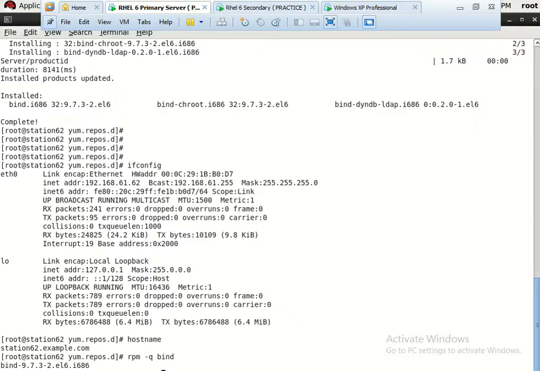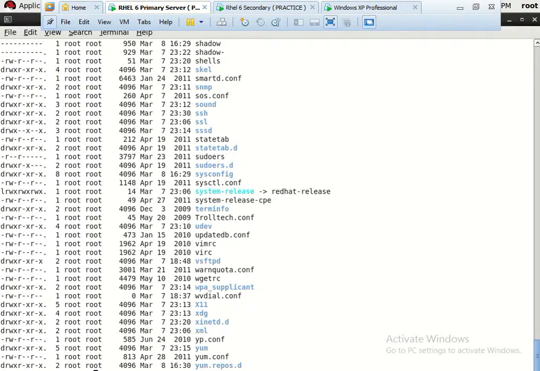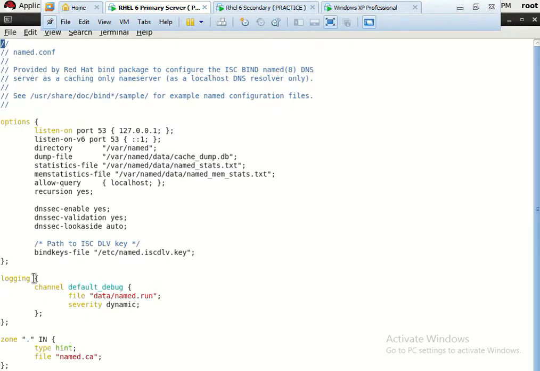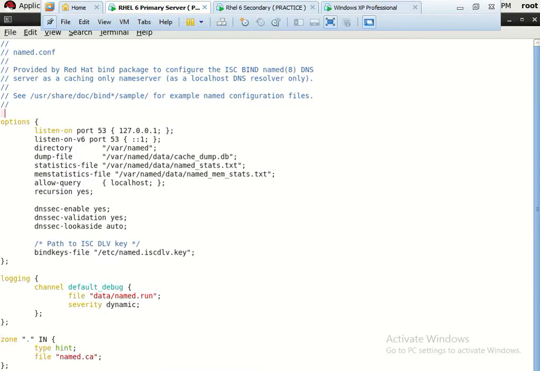Let's move to this location, cd /etc. In this section you are going to get a file called named.conf. This is the main configuration file of bind, and via this file we are going to configure the primary server. Let us start.